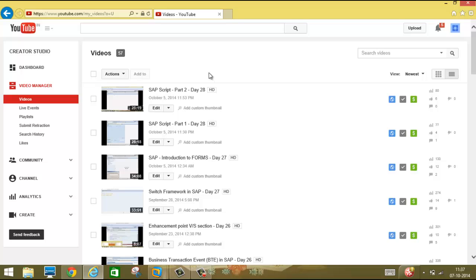Okay, so in my last two videos, part 1 and part 2 for SAP script, I created a sample form and then I created a print program. So by now you are aware that there would be a print program and there would be a form, and then both are interlinked to each other with the help of the function modules, that is open form, start form, write form, end form and close form. I also gave you a demo of how to call these function modules and what is the use of the function modules. So now let me just go to the SAP screen,